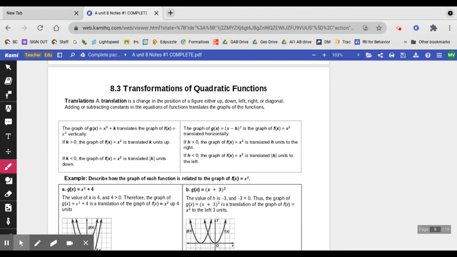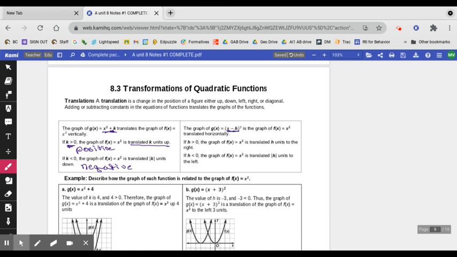So the graph g of x equals x squared plus k is the translation of x squared vertically. So when we add a constant, if that constant is greater than 0 or positive, that translates the entire graph up. If k is less than 0 or negative, it translates it down. Now, when we want to translate horizontally, we have to put it inside the parentheses of